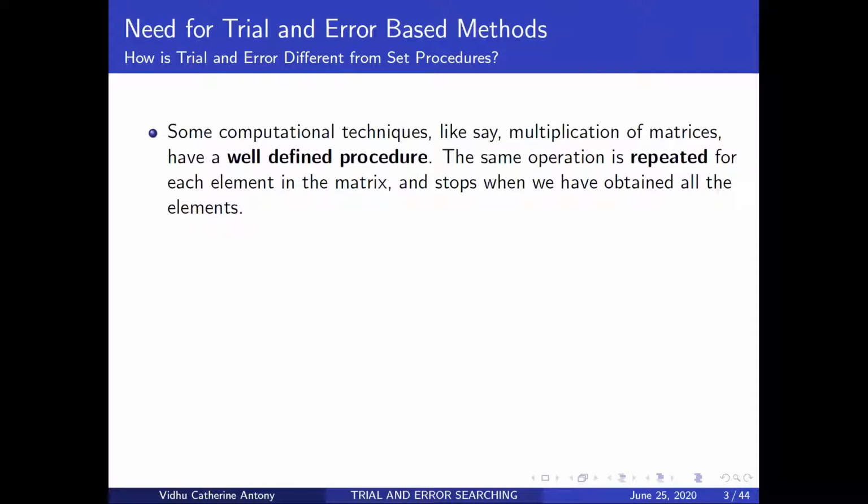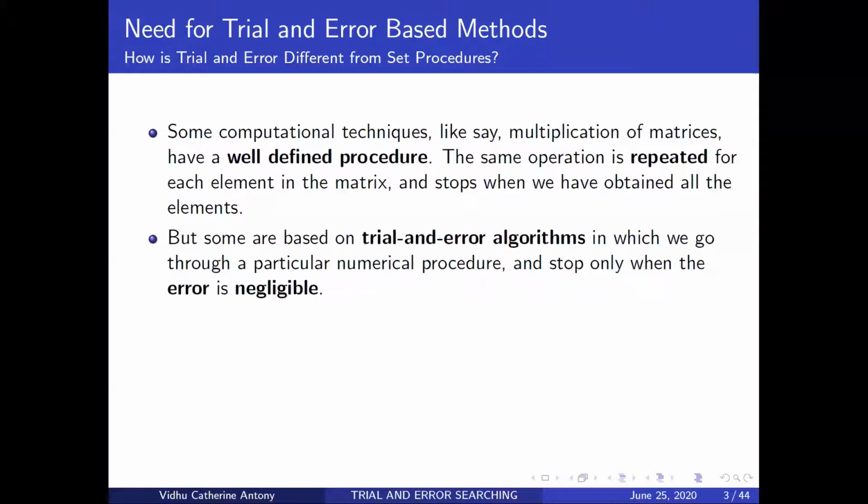Now, when we're looking at trial and error based methods, we're giving it an initial condition, and then we're going to find out what the answer is for that particular initial condition. So it's pretty much like an experimental setup where, say, the temperature difference is going to affect the result of the experiment, things like that. So one thing that we have to look at in trial and error algorithms is we have to stop at a certain point, because we never really get the exact answer. So we look at where the error is negligible or small, and then we say, okay, fine, this error is possibly permissible. So we try to take those values.